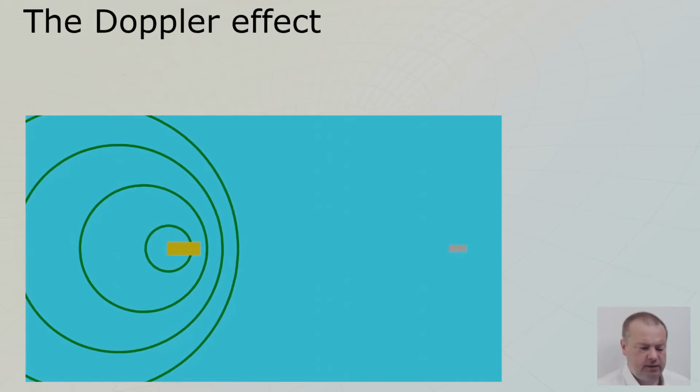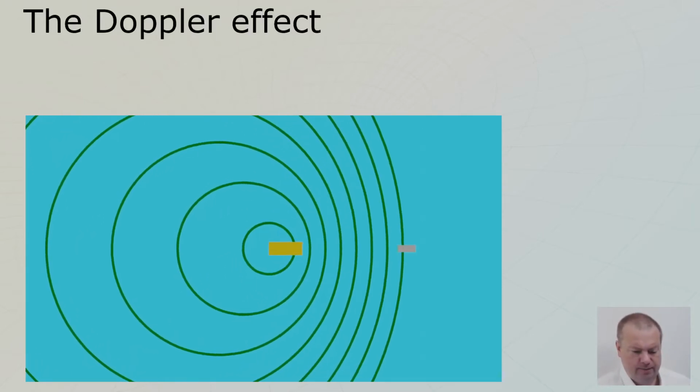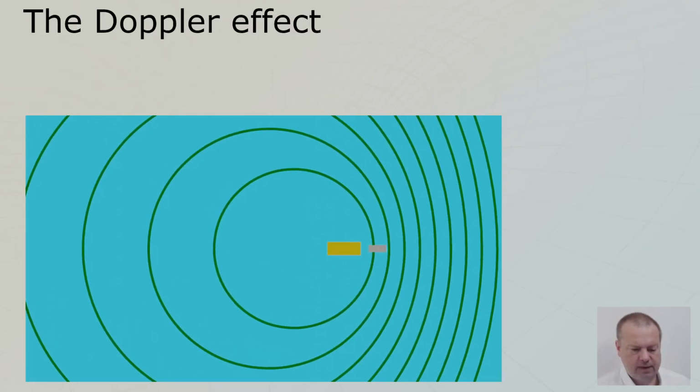Here you see dropping a stone, dropping a stone, dropping a stone, and the boat and the swimmer are moving towards each other. So this is it. And you see the famous Doppler effect. For the swimmer, the wavelength of the water waves seems shorter than the wavelength behind the boat. And that's because